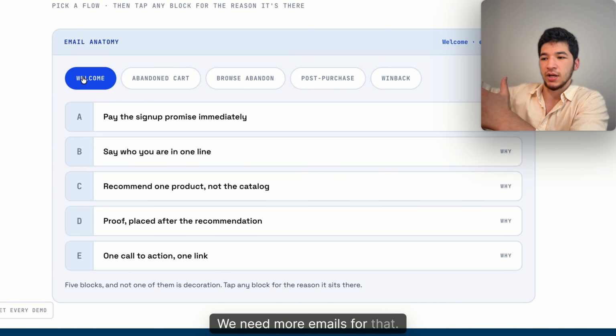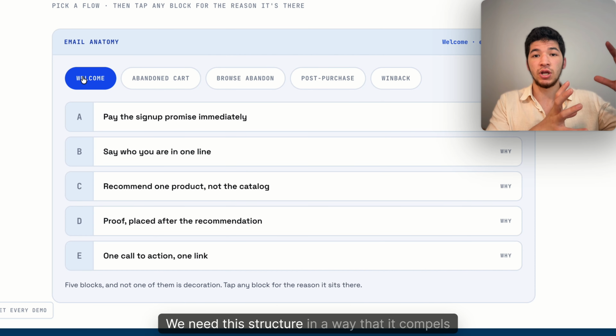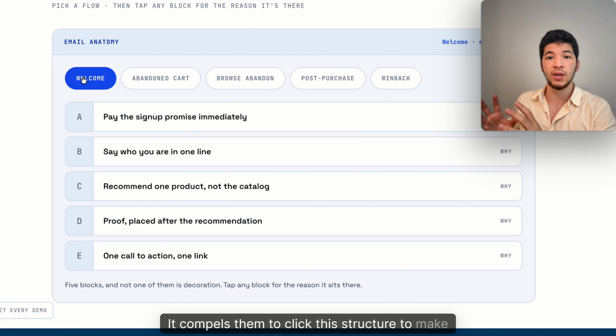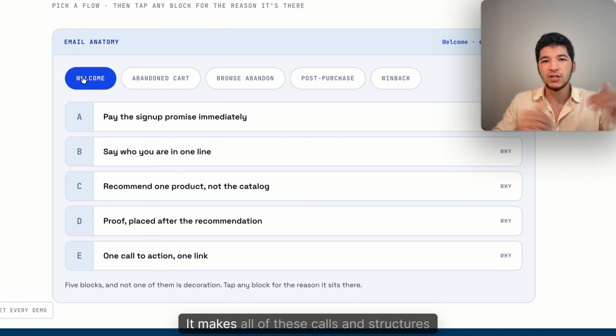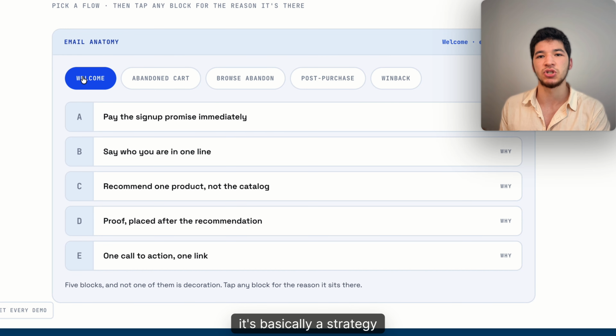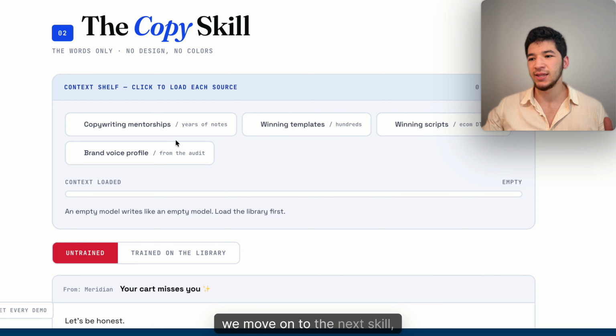We need more emails for that. Then we need this email after this email. We need this structure in a way that it compels them to buy. It compels them to click. This structure to make them feel urgent, right? It makes all of these calls and structures everything in a way. It's basically a strategy skill. And so now that we have the design and structure, we move on to the next skill, which is the